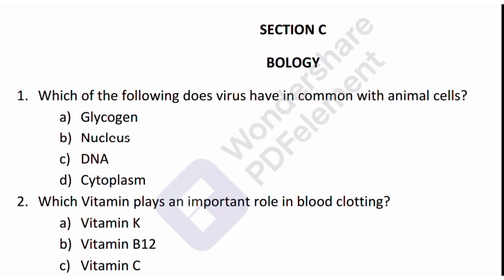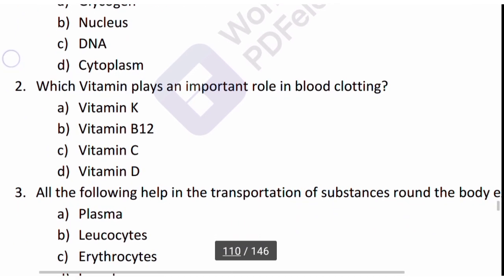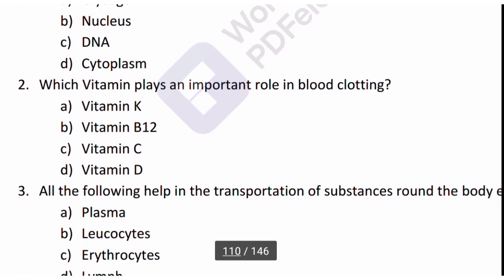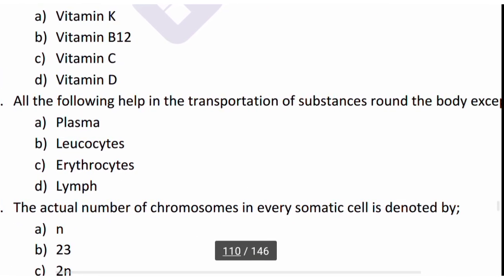So here is the biology. Which of the following does a virus have in common with an animal cell? What they have in common is the DNA. Okay. Then which vitamin plays an important role in blood clotting? That's vitamin K, option A. All the following help in transportation of substances around the body, okay, except